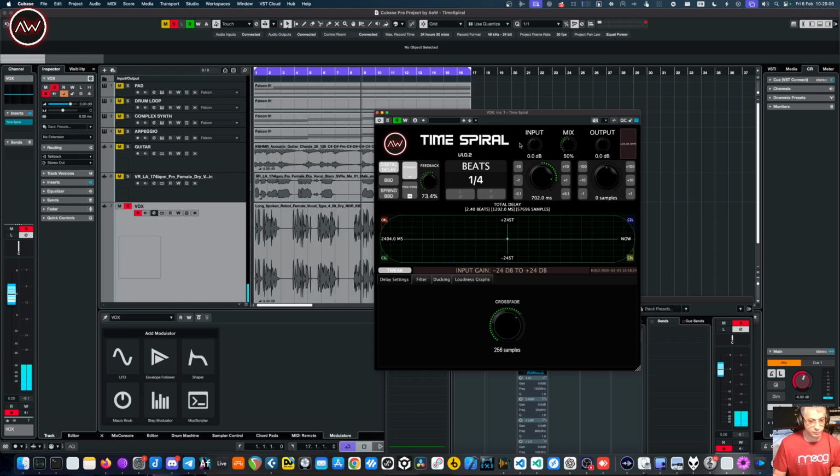So you can see it's pretty clean. There's no artifacts, there's no aliasing, there is nothing. And if I change the value of the delay,